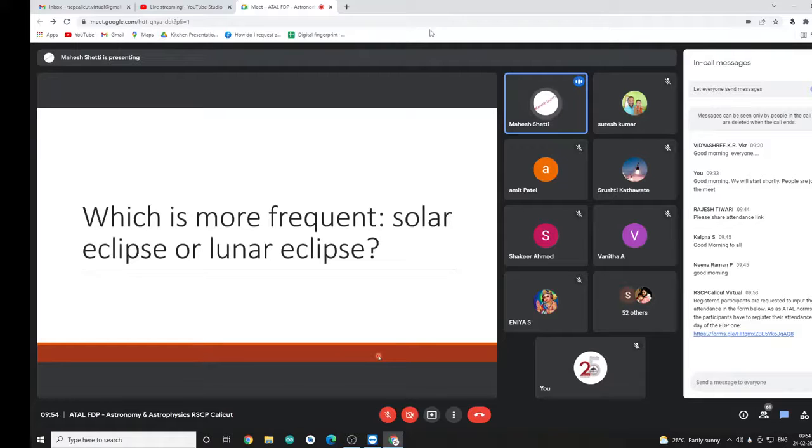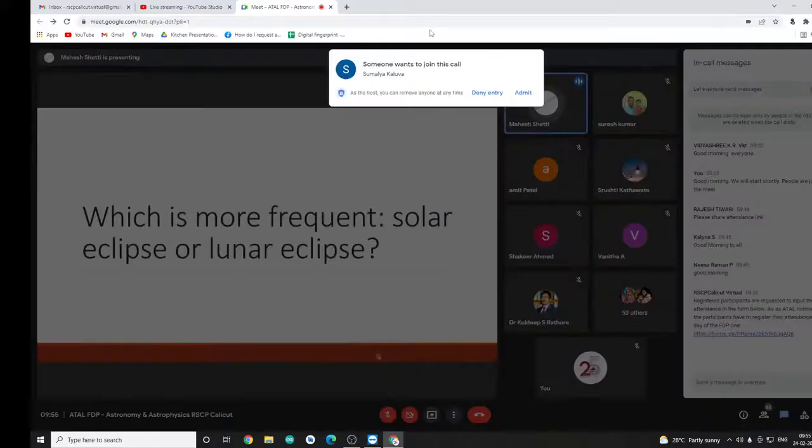However, that is not the case with solar eclipse. In case of a solar eclipse, what happens? The moon's shadow falls on the earth and it's a narrow band of about 200 kilometers. And then as time progresses, this shadow is going to shift, and therefore people at different locations will be able to see the eclipse at different times. But it is still restricted to a small region, and even if you consider the partial solar eclipse, it is restricted in a particular time,